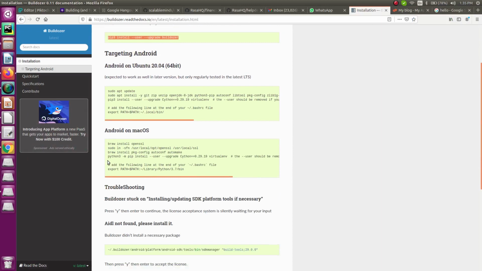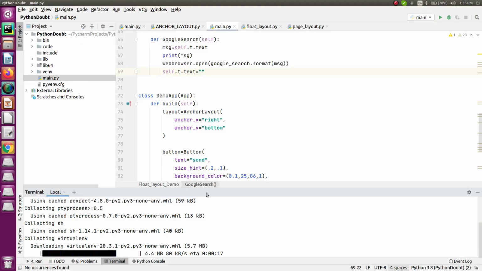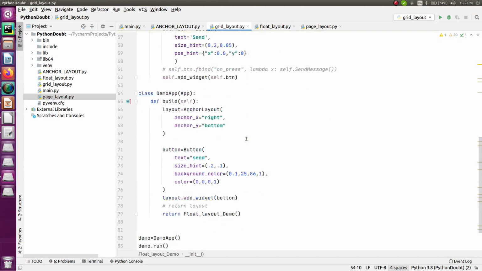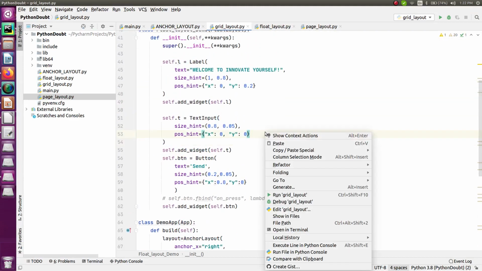This is as per the Ubuntu system, but if you are using Android, you have to run these commands. In my case, I have to run these, so I will be running them. In your case, you have to do it this way if you are using macOS. So let me just run this. What exactly do you need? Firstly, the application, and let me show you what exactly I have done so far. So let me just run this.